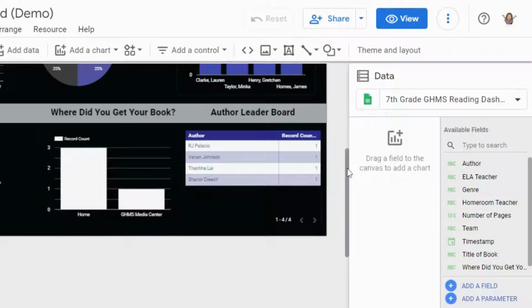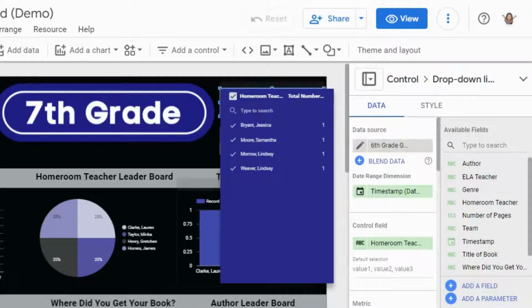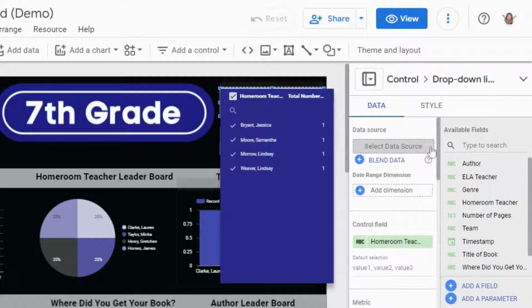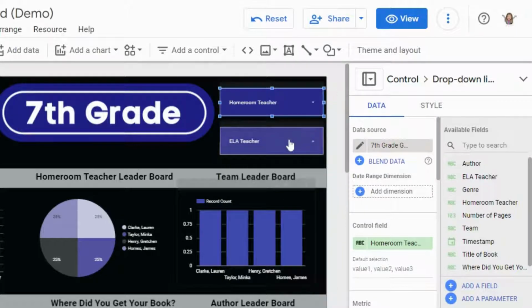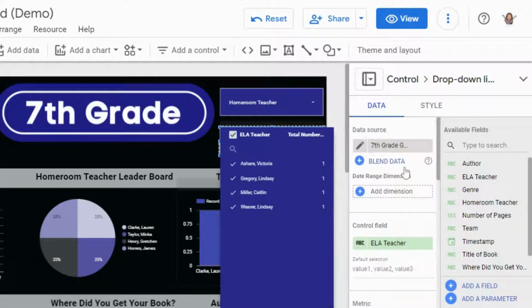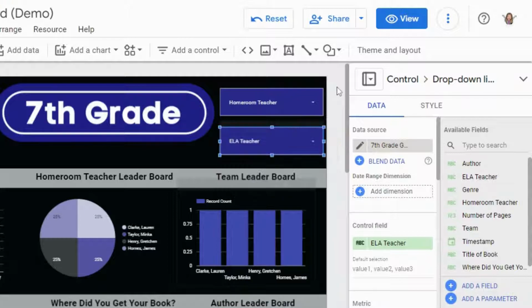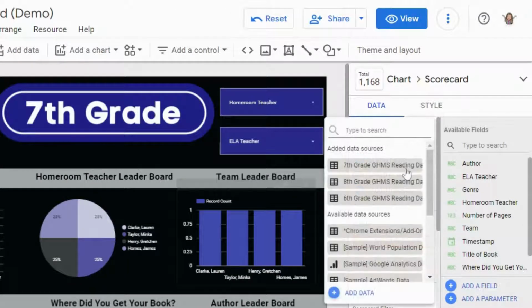So all of my data on this page so far is now 7th grade data, except for my items up here at the top. So let's configure the controls. For the homeroom, I will select this, and then for data source, I will remove that data source, select my data source, and choose 7th grade. Then, under ELA teacher, I will do the same. Remove the 6th grade data source, select, and choose 7th grade. For my number of pages, I will select my scorecard, remove the 6th grade data source, select and choose 7th